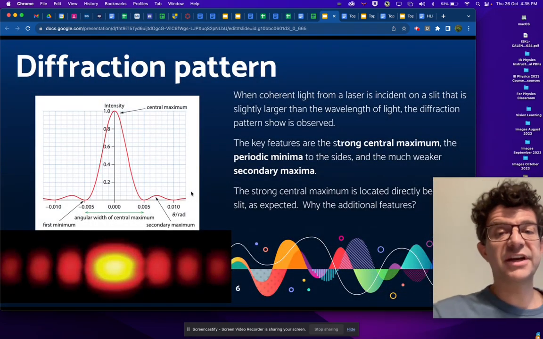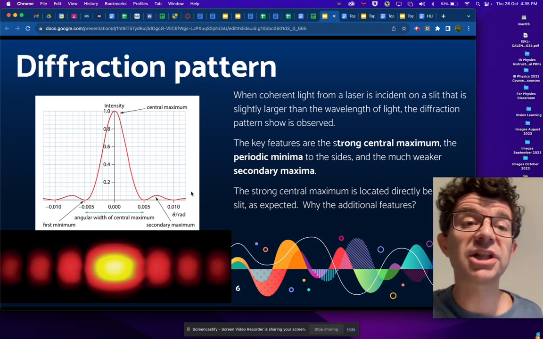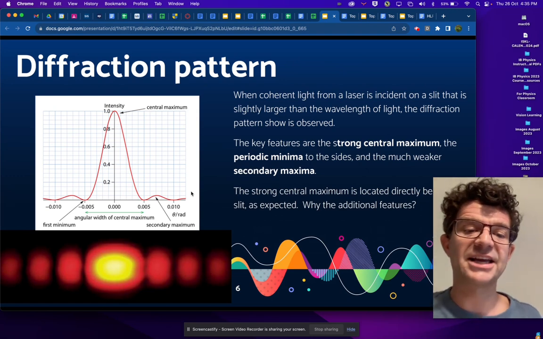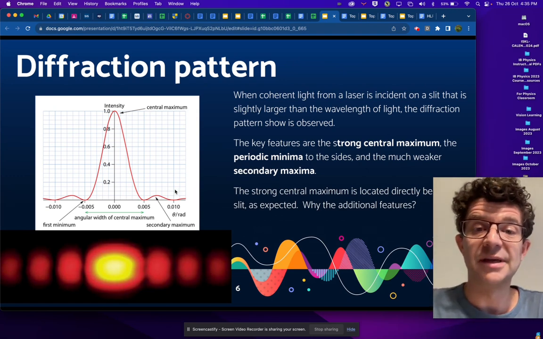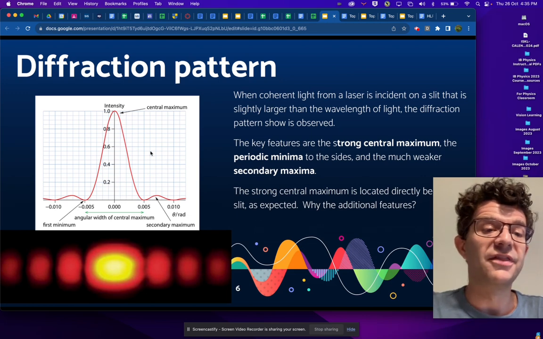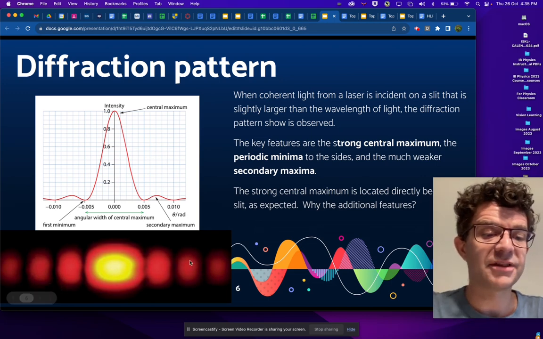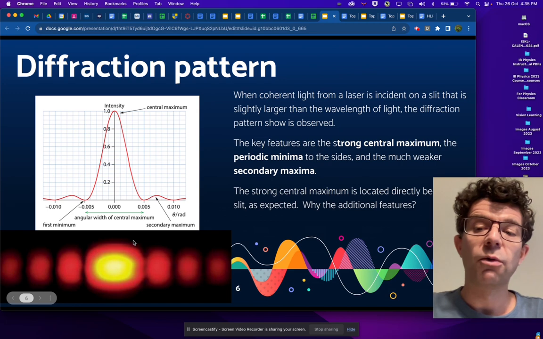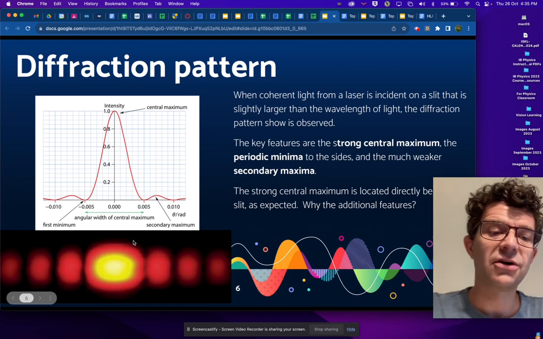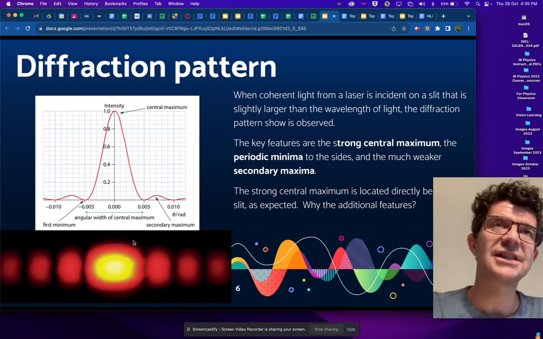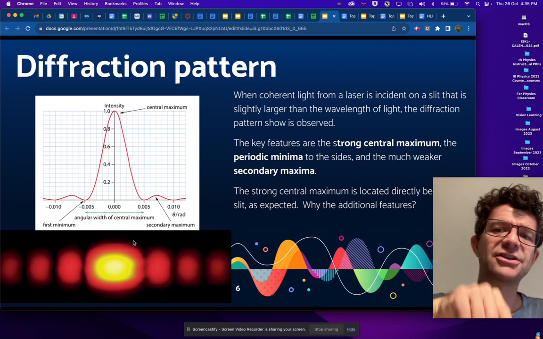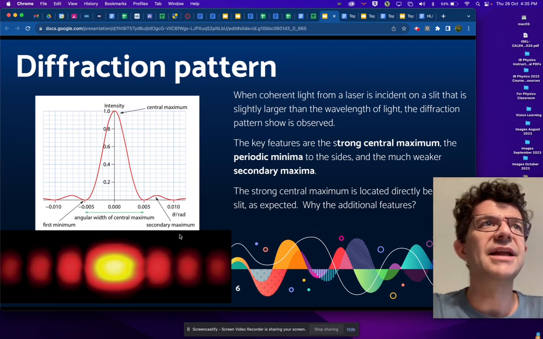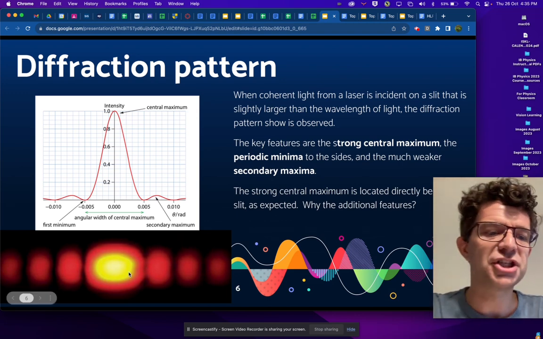Before we get into the derivation, I want to give you the punchline. I want to give you the answer, in case you decide you're just going to zip away. So the picture that we have here at the bottom is the picture of what happens when a laser is shown at a very narrow slit. Like, imagine an X-Acto knife cutting a slit in a piece of aluminum foil,